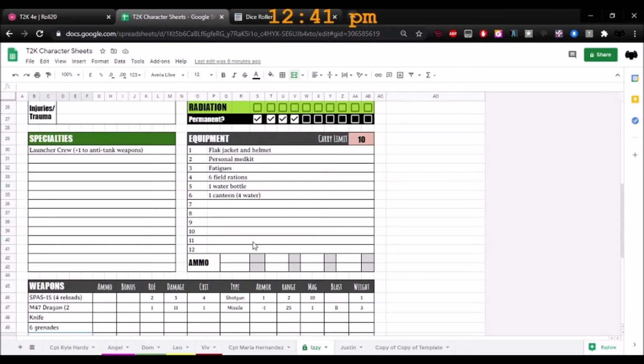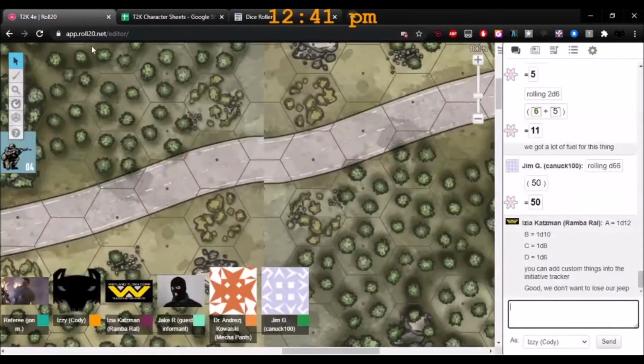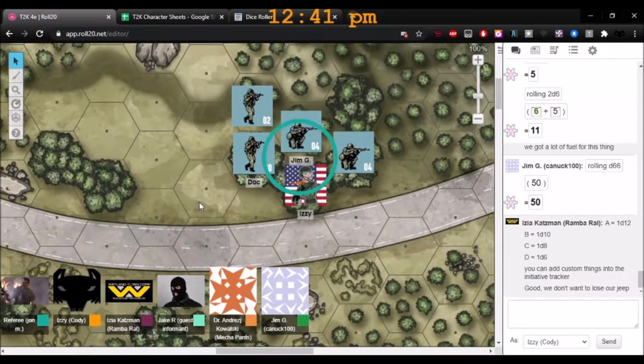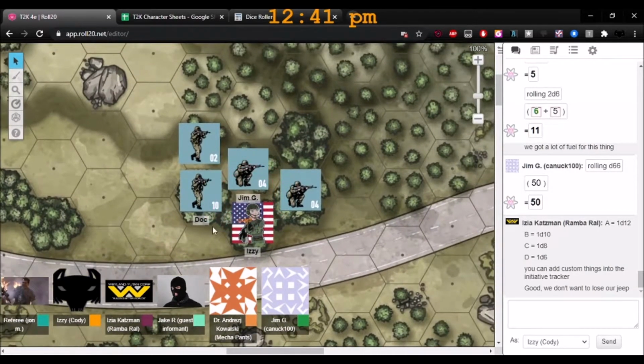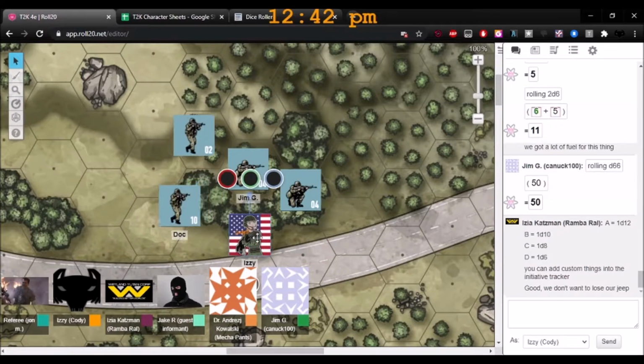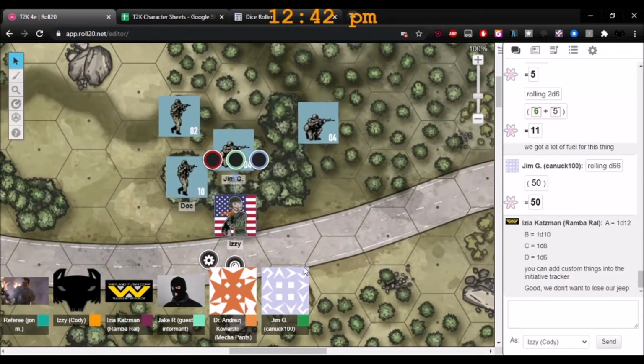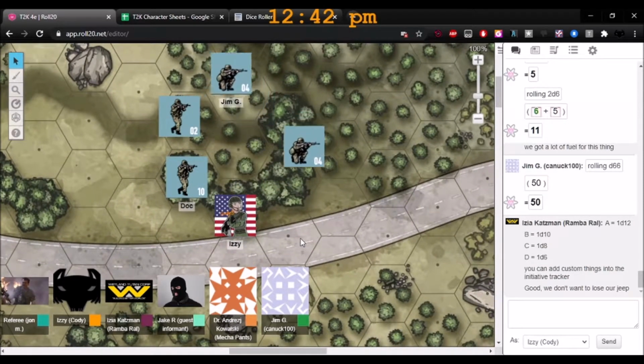You can see your tokens. Can you guys spot these tokens? Yep. Okay, great. I've given you control over your own individual token, so hopefully you can select it and move it. Let me know if you can. Jake and Jim, can you grab yours? Okay, good.